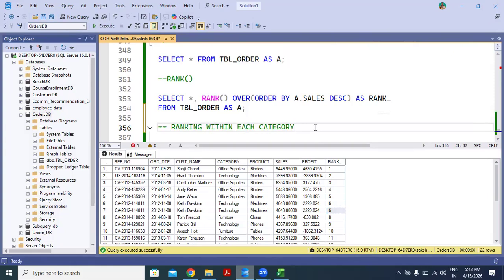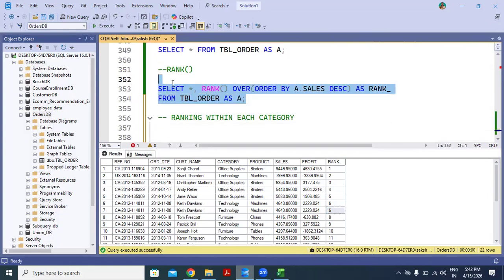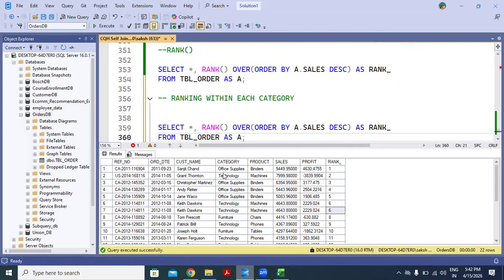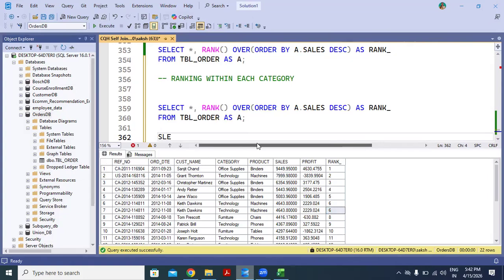So how to do it? In that case, first we want to create three different windows, as we are having three distinct categories. Let me show you. So we have discussed the unique categories in the previous videos. If you haven't watched it, please watch it and come back here. It will be more helpful to you.